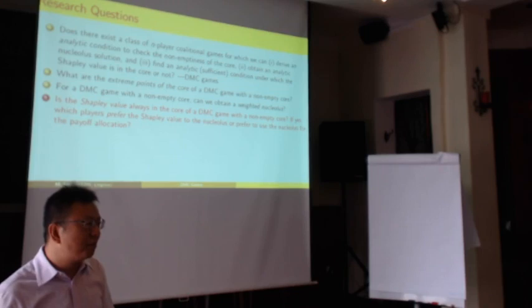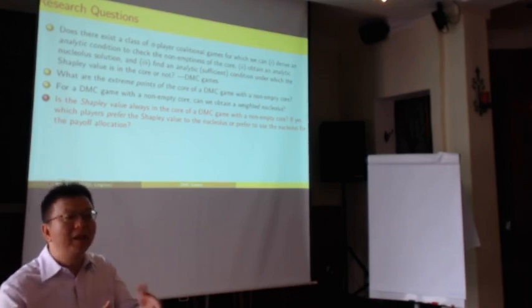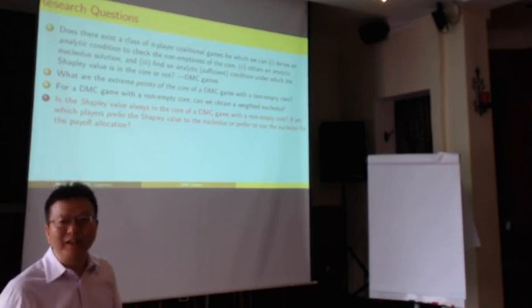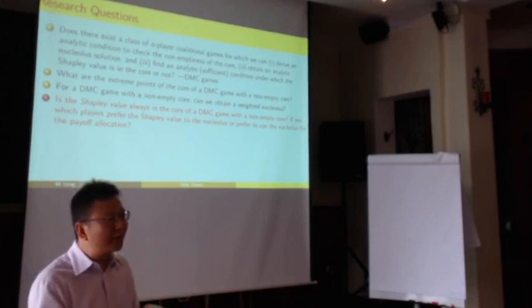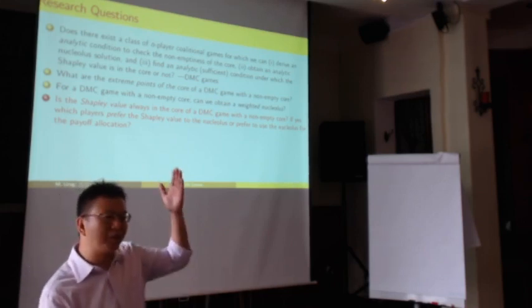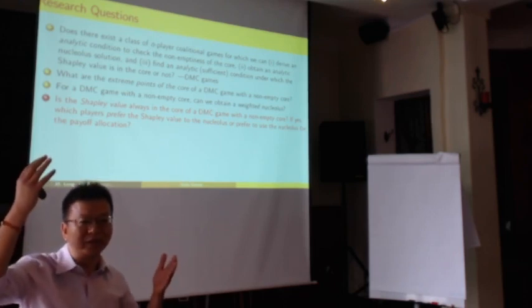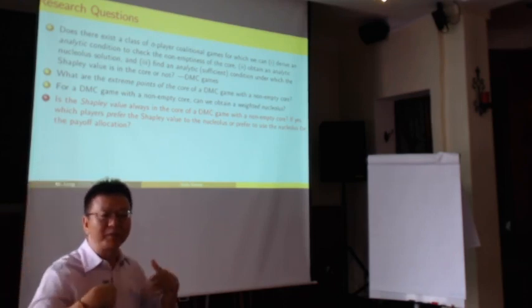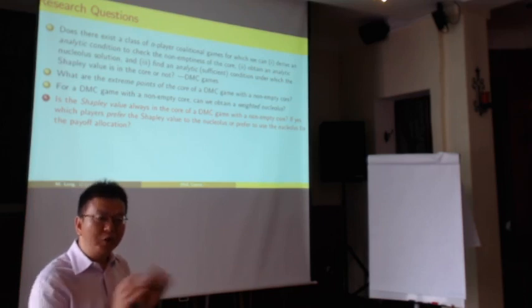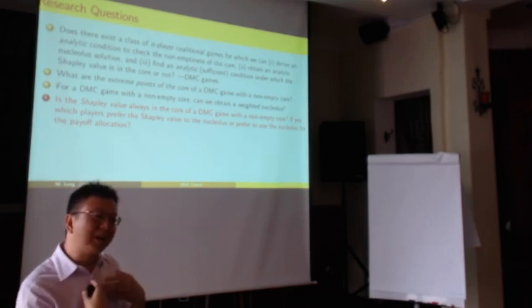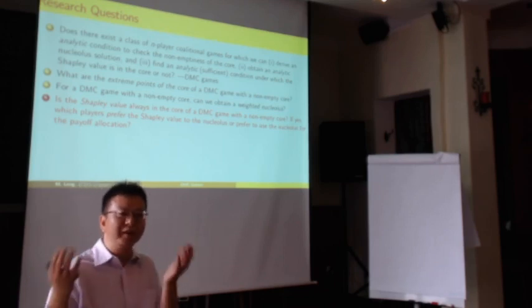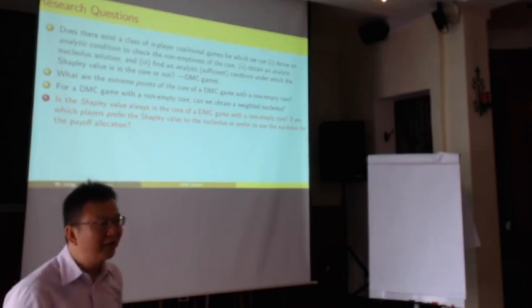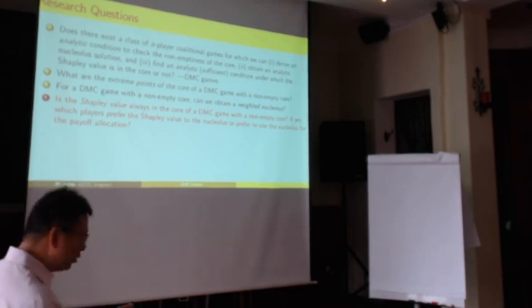Because the pi is fixed, V of n, the value of the grand coalition, is fixed. So if we use two allocation schemes, some people get more from Shapley, and some people get more from the nucleus. From a scientific perspective, we would like to know which players get more from the Shapley value allocation, and which players get more from the nucleus allocation. So we also find that there are